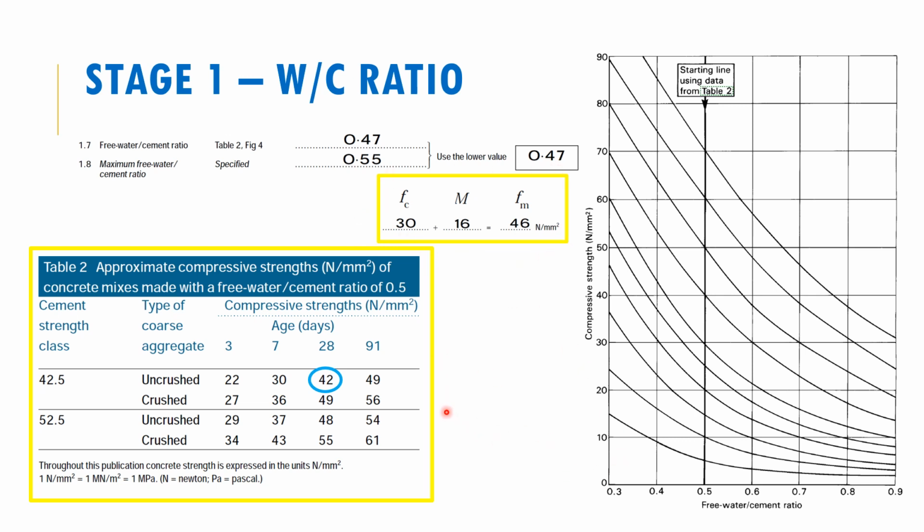Let's first start off by looking at this information that was provided in table 2. So we said that with a water to cement ratio of 0.5, the compressive strength that we would get is 42 for a concrete mix design. 42. Okay, so how does this translate on this figure, figure 4? Well, basically you have the free water to cement ratio over here specified. So if I were to go up from 0.5, so that's the water to cement ratio specified in table 2, and I'm looking at 42, so I need to get 42